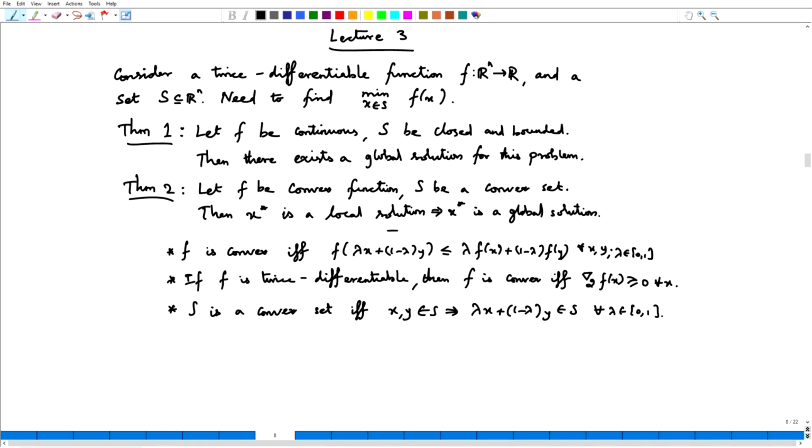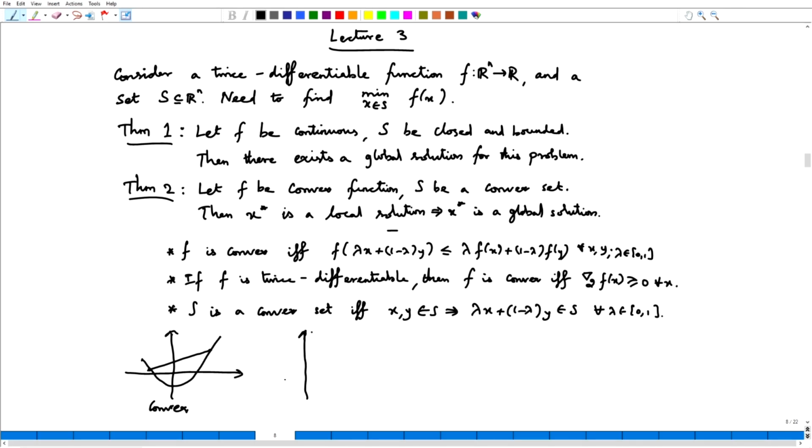So, recalling the figures, a convex function looks like this, where if you draw a line between 2 points on the curve, the line always lies above the curve. So, this is a convex function,